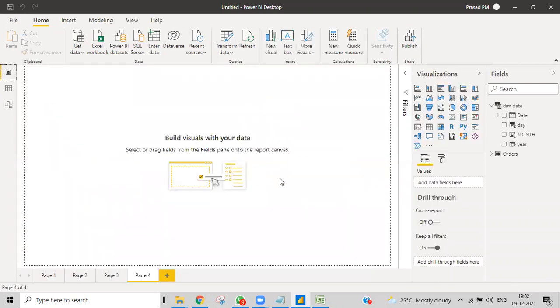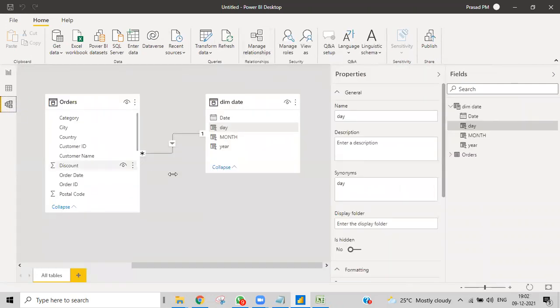But why do we do this data modeling? Data modeling is to create relationships between tables. We'll have a session on this one, definitely complete data modeling. But right now, if you ask me, I tell you data modeling is nothing but creating a relationship between tables. So we do have fact tables and we do have dimension tables.